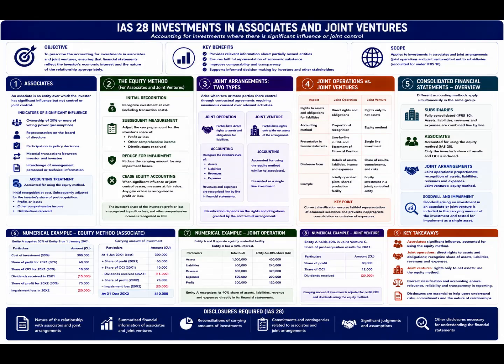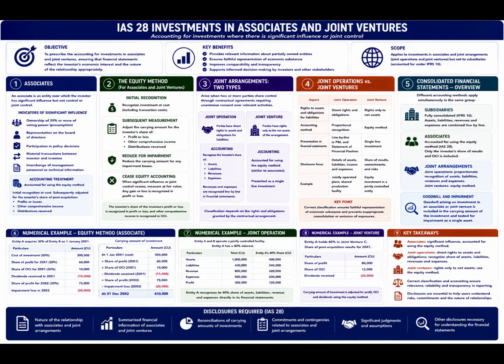In contrast, a joint venture gives parties rights only to the net assets of the arrangement rather than direct ownership of individual assets and liabilities. Joint ventures are accounted for using the equity method similarly to associates under IAS 28. The distinction between joint operations and joint ventures is important because it determines how financial information is presented within consolidated